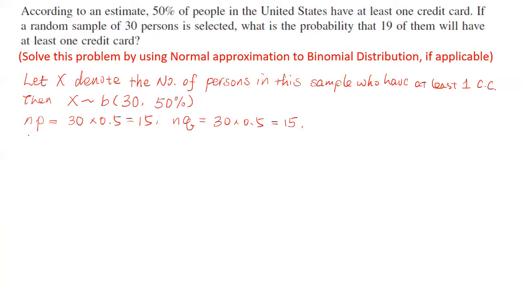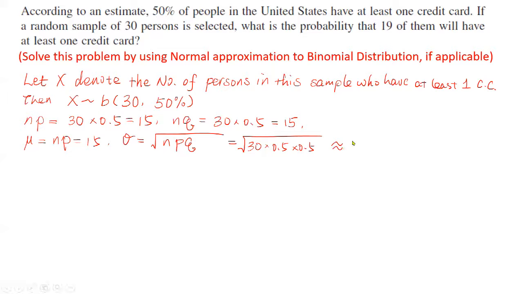To use normal approximation, we need to calculate mu and sigma first. Mu is np, which is 15. Sigma is square root of npq, which is square root of 30 times 0.5 times 0.5, which is approximately 2.74,